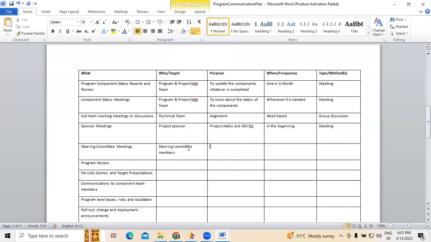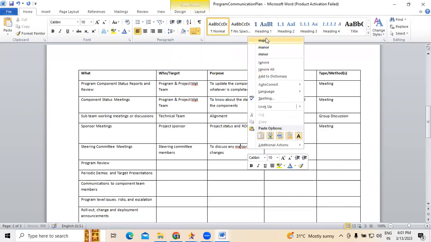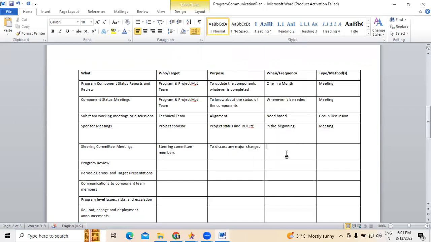Purpose: to discuss any change orders, changes in budget, project status, any major changes. Frequency is on a regular cadence for this one, monthly, because they're difficult to schedule meetings with. Otherwise, when needed.